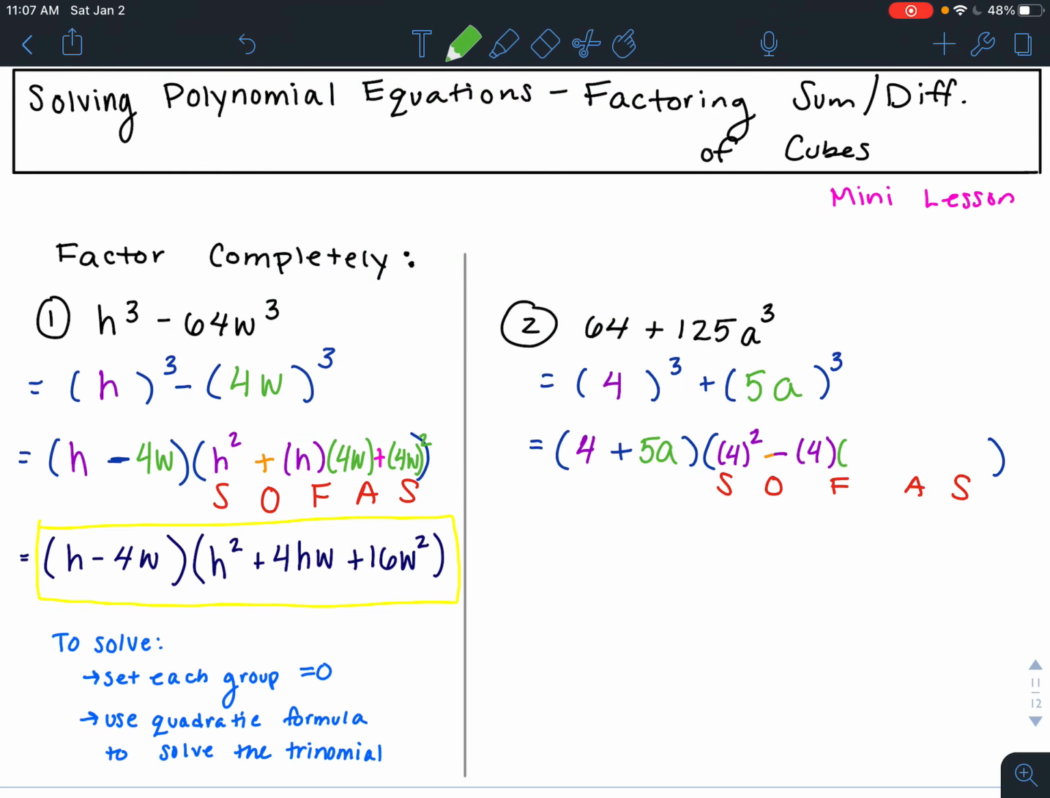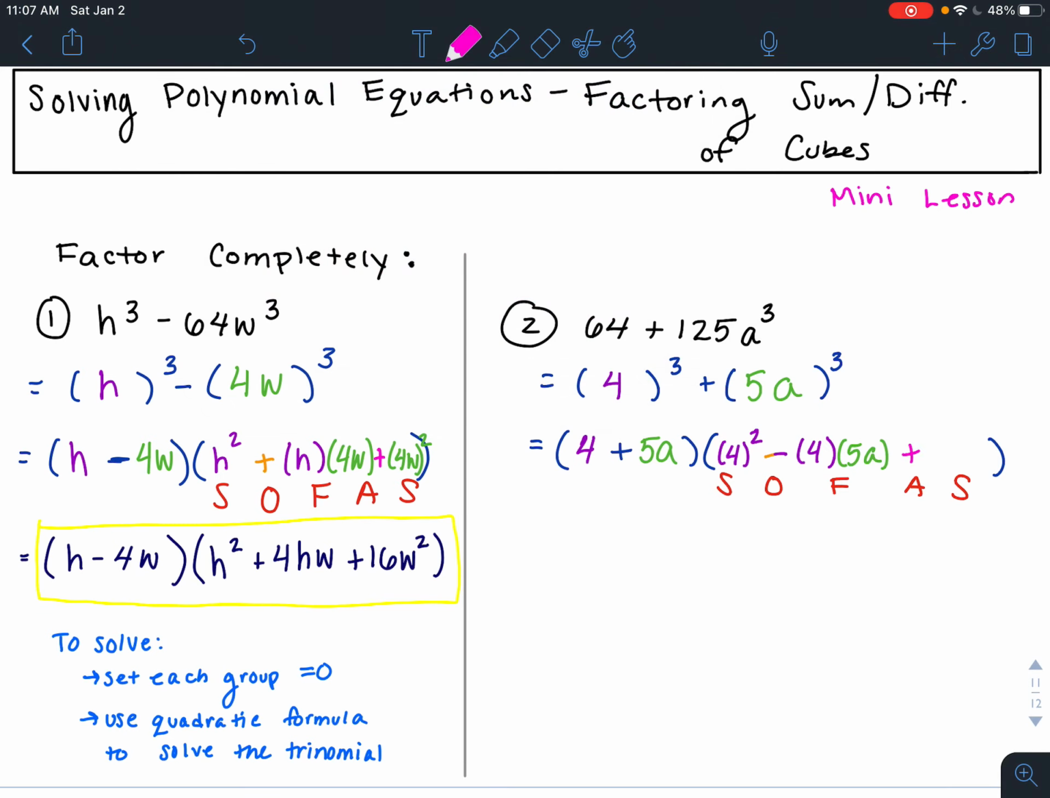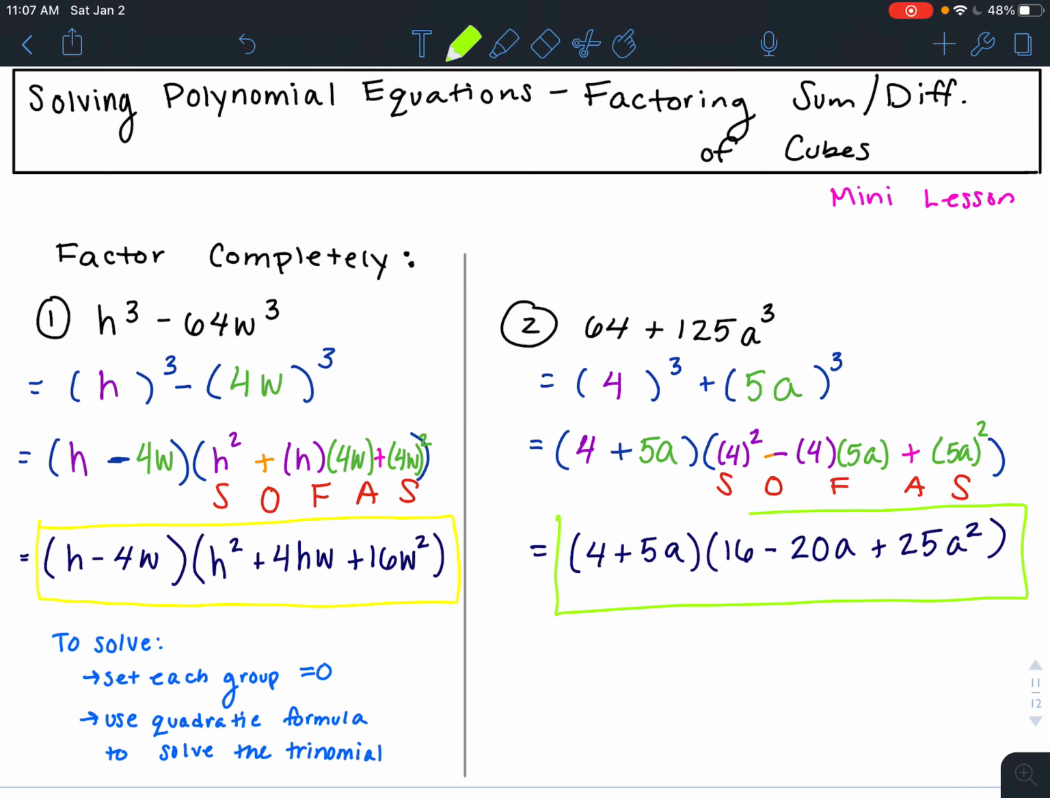I'm going to do my first term times my second term. Always positive before the end, and then the last S is square that last term. So I'm going to take that 5a and square the whole thing. And then we're just going to simplify. This doesn't change. 4 squared is 16, and then minus 4 times 5 is 20a. Tack that a on there from the 5a, plus 5 squared is 25, and a squared is a squared. So there would be our factoring. And again, if you wanted to solve that, you would set both groups equal to 0, and for the